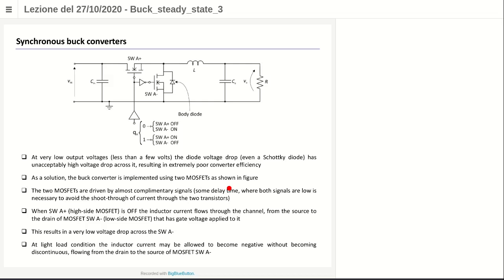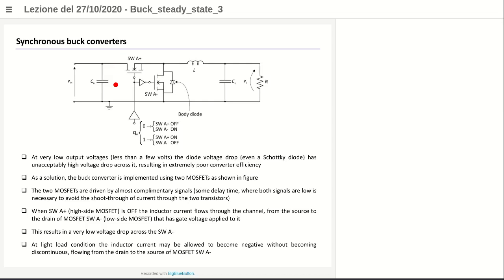So in that specific situation, in which the output voltage is comparable with the voltage drop of the diode, typically no diode is employed here. Another MOSFET is employed. As you can see here, there is another N MOSFET, and this N MOSFET is driven by a signal which is the logical inverse of the signal you have for the switch A+. So now, instead of having just one active switch, the MOSFET, a controllable switch that you can command on and off, and the diode, which is a non-controllable switch, but becomes on and off depending on the electrical characteristics of the circuit in which it is inserted,